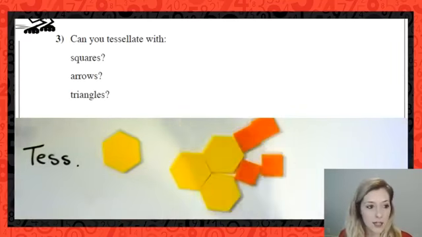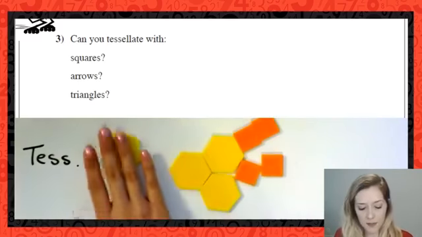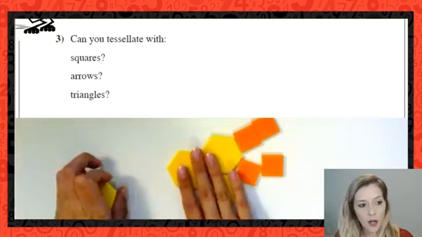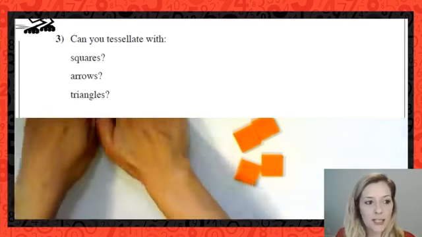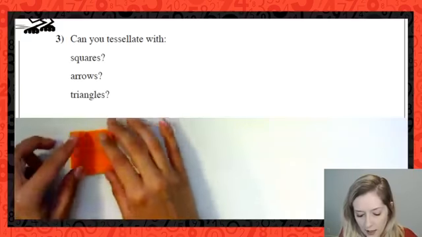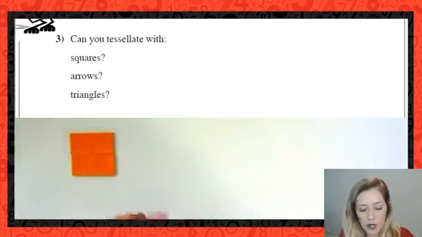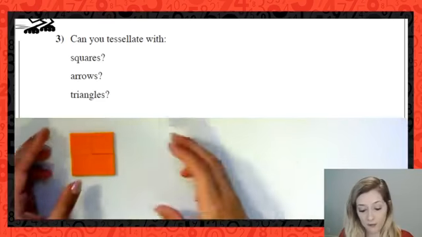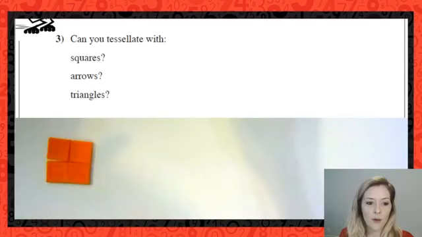So the question here is, let's do some observation with just one shape. Let's just simplify this for ourselves first. So a few questions there. Can you tessellate with squares? Yes, we just talked about that. Very simply, I have only 4 squares here, but I can continue this pattern across my whole whiteboard if I chose to. So yes, that one's fairly simple.